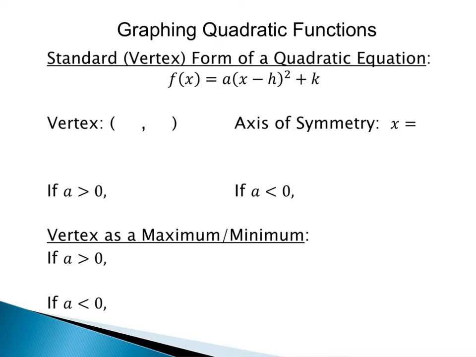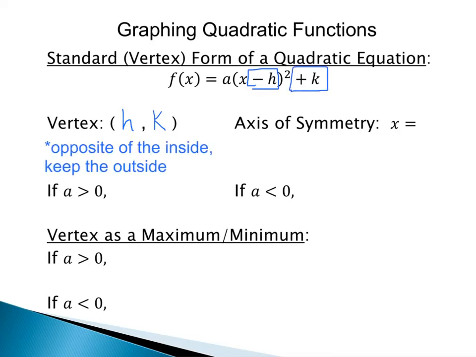Your vertex, when it's in this form, is the numbers h and k. So when you have a quadratic equation in this form, a would be a number, sometimes it's 1, so it might not be written there, h would be a number, and k would be a number. When you're trying to identify the vertex from your equation, I like to think of it as you're taking the opposite of the inside. So we see that we have x minus h, but when we find the vertex, we're going to have just a positive h. When we walk through an example, I'll talk about how we have the opposite of the inside, but then we keep the number on the outside. So if it's a positive number on the outside, it would stay. If it was a negative number, it would stay.